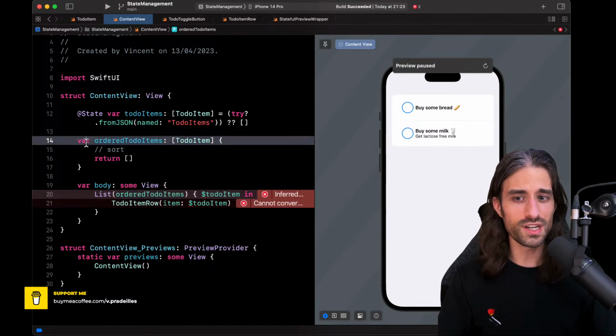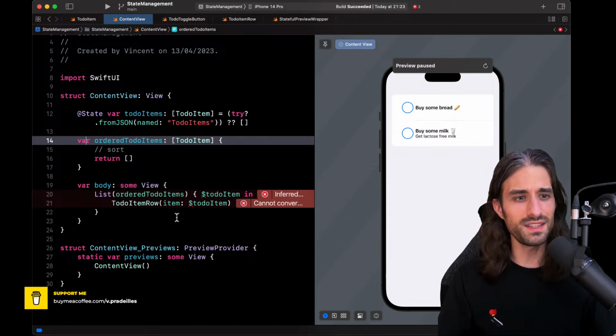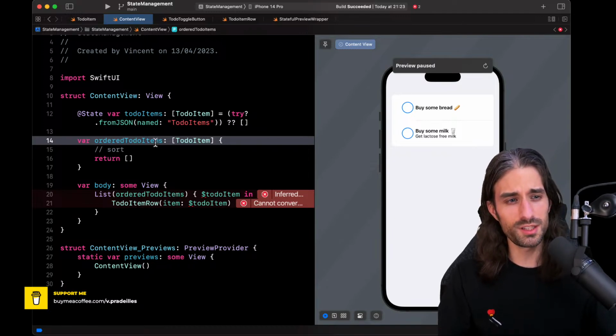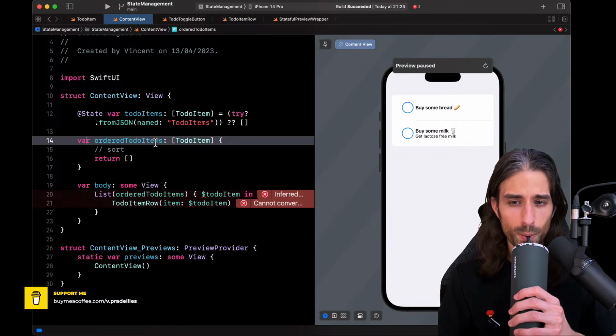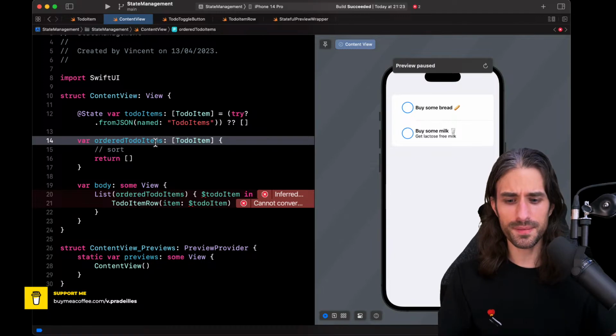So with this approach that seemed the most simple, which was just to introduce a new computed property on the view, we would actually need to introduce some complex logic to get a binding from the original array using the element of the ordered array. It's possible to do it, but it brings a lot of complexity, a lot of room for mistakes without adding anything. That's why we won't go this way.